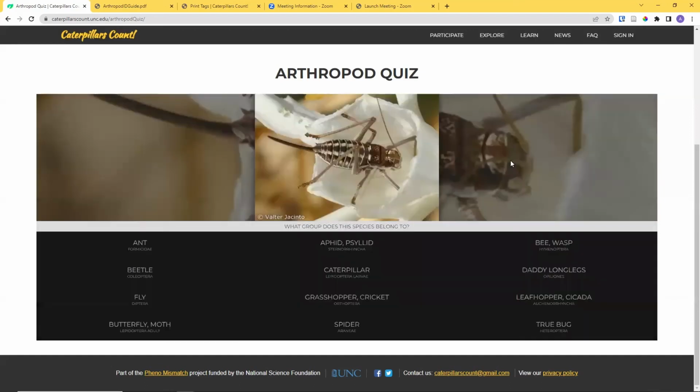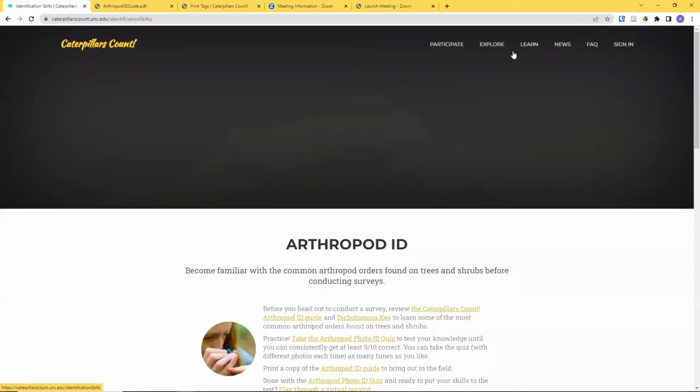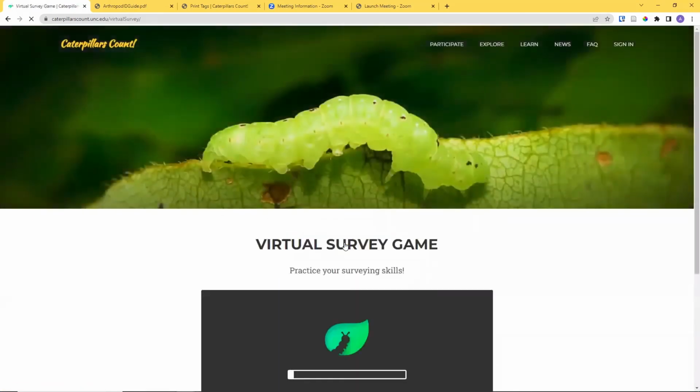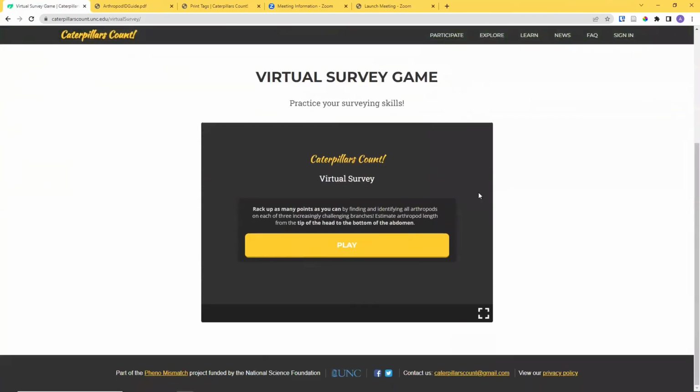So you can play this quiz, and every time you play, you'll get a different set of photos. It's not an infinite pool of photos, but you can definitely play this 5 times and see lots of different photos there. So that's one great way to practice your arthropod ID. The other way on that Learn page, on the identification skills page, is a virtual survey game. So this virtual survey game here,